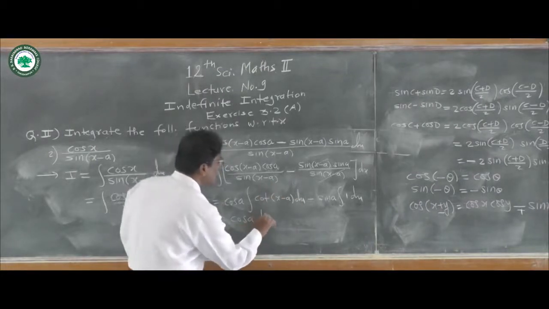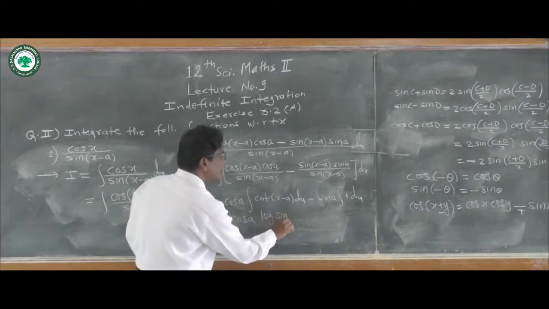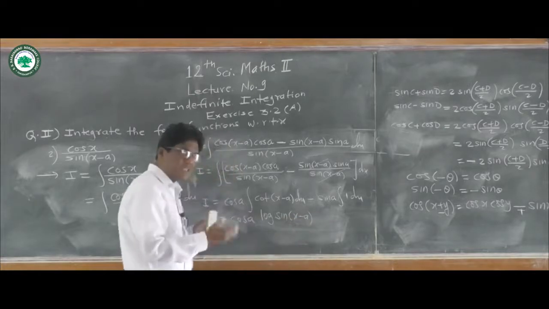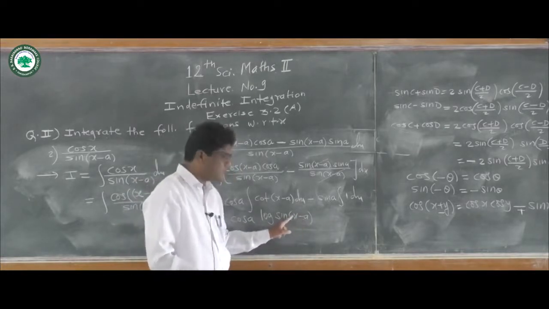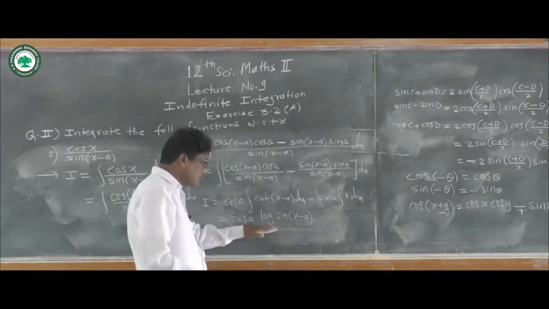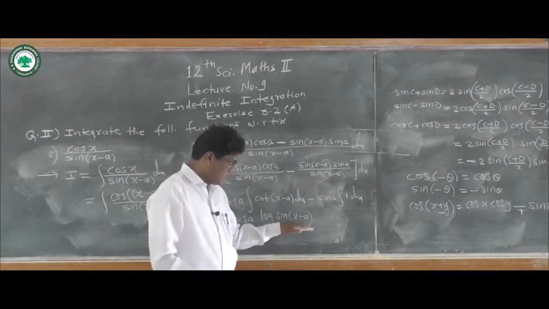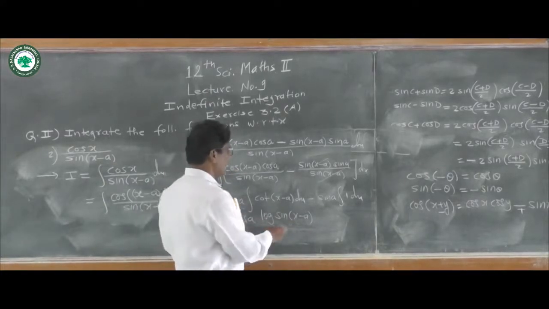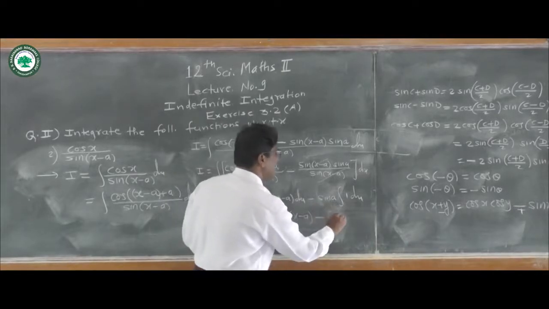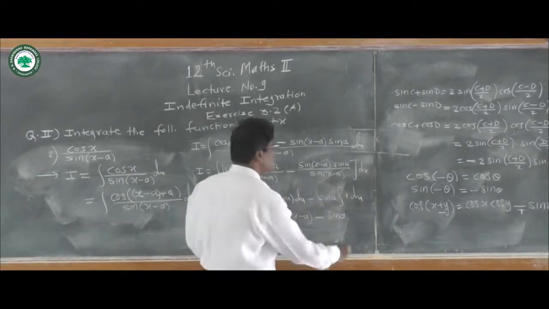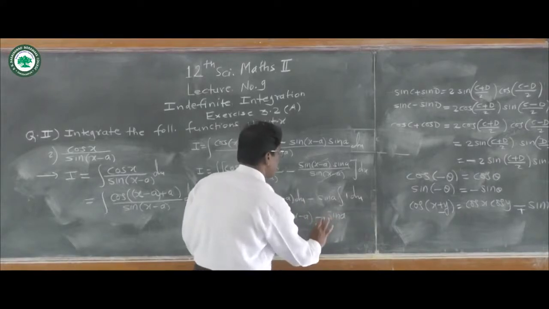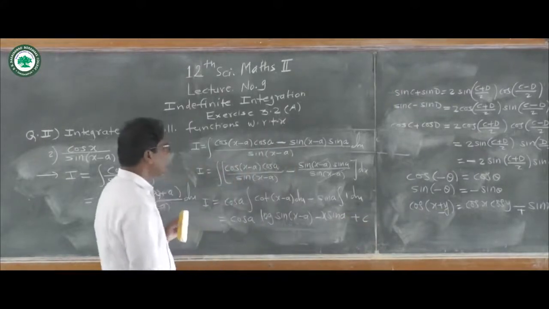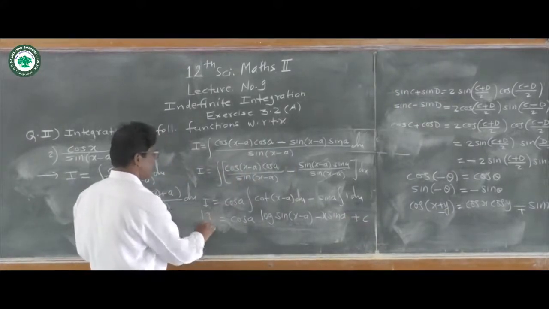So it is log of sine of x minus a, in place of x there is x minus a. If there is another term, take its derivative; the derivative of this bracket is 1, and we would divide by it, but there is no need to divide by 1. Next, minus sine a as it is, and the integration of 1 dx is x. So we write x into sine of a plus the constant of integration, and this is the final solution for this second problem.